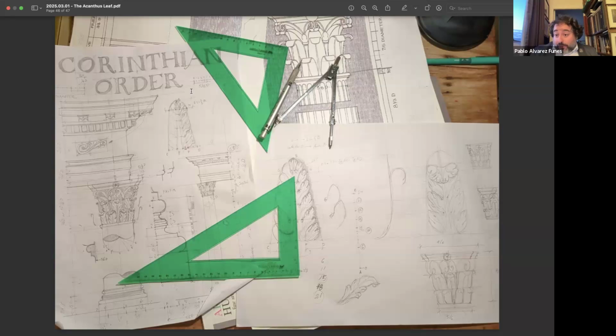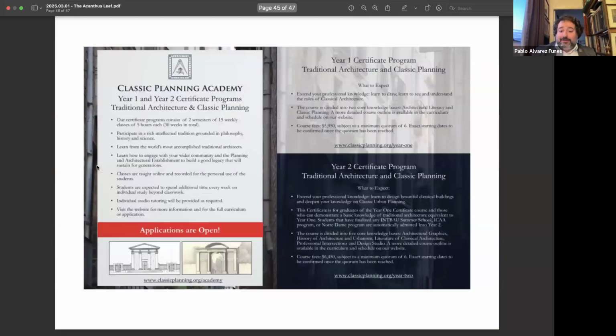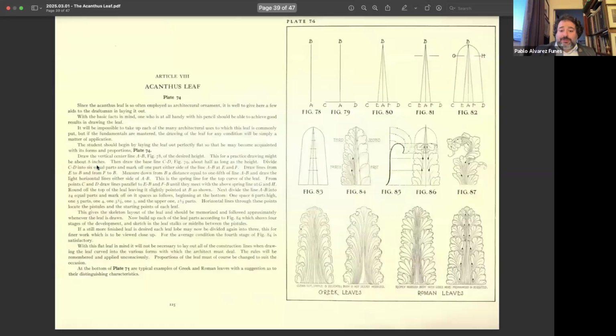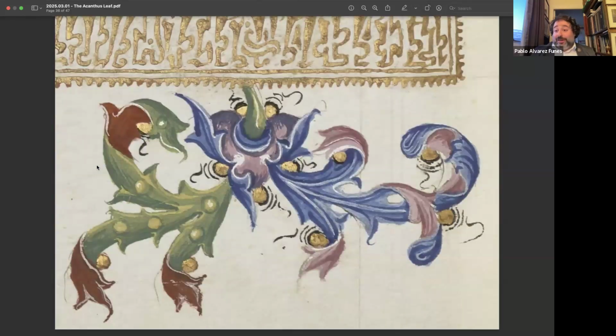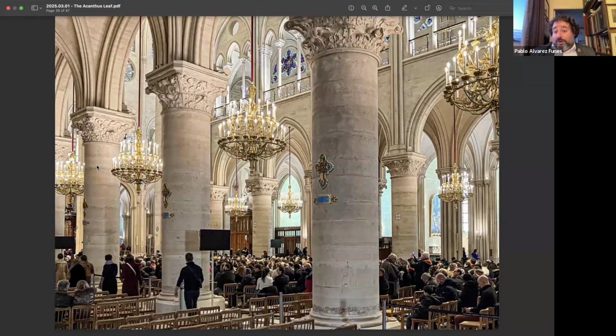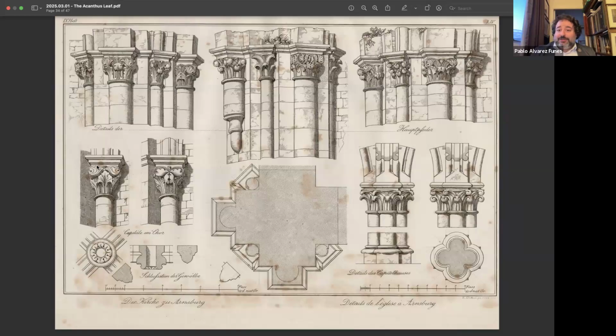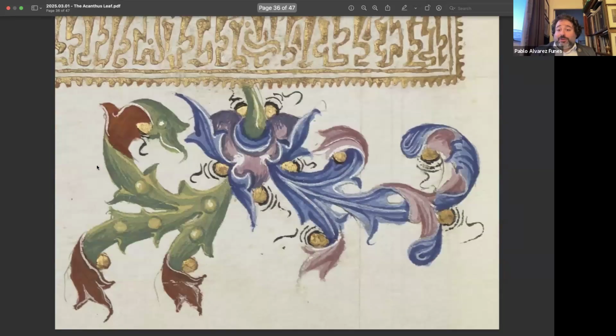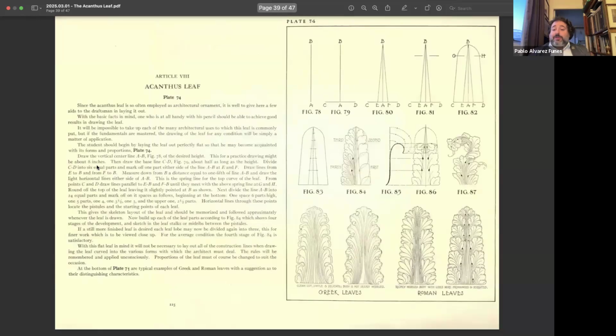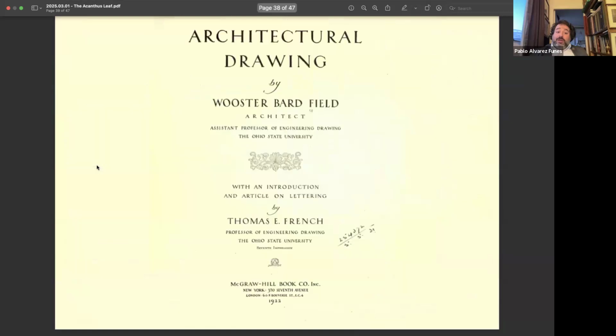And obviously you have the people who just draw it by whatever they like. For example, all the medieval Acanthus leaves were drawn freehand. Of course, the only one that was following this system was the properly classical Acanthus leaf. And take a look at this one